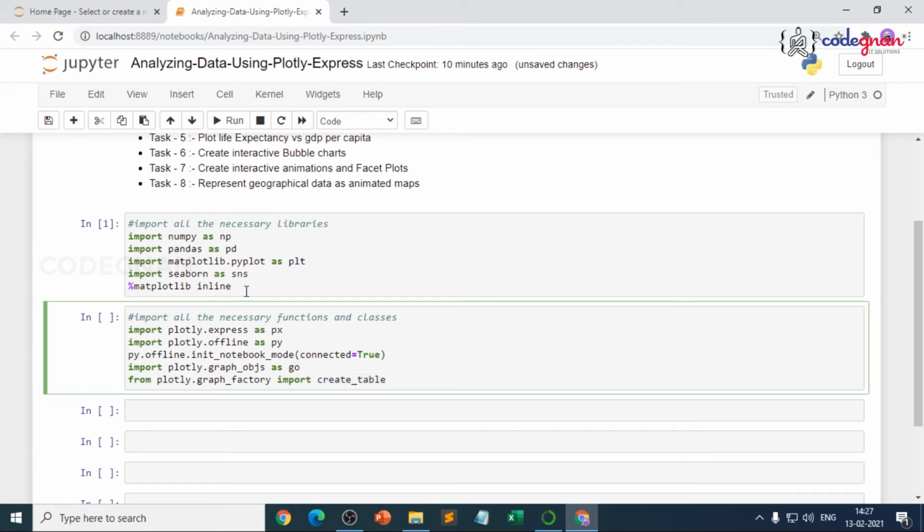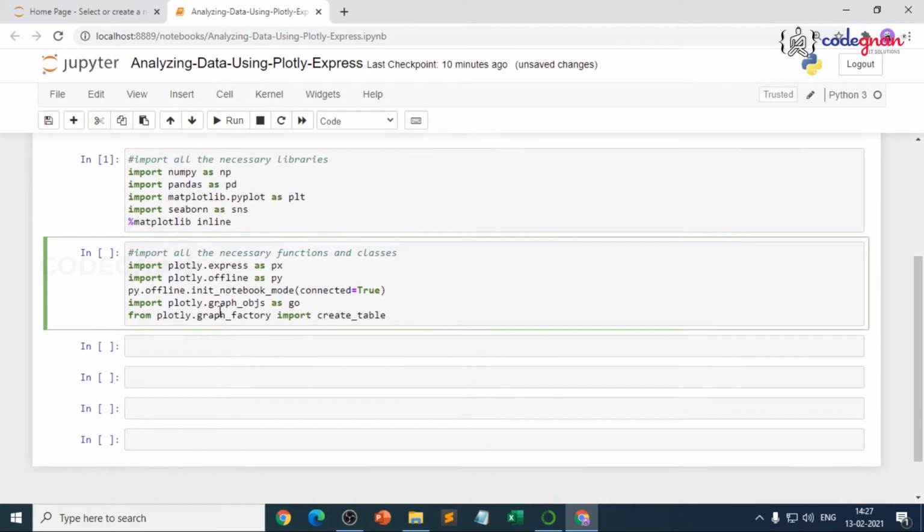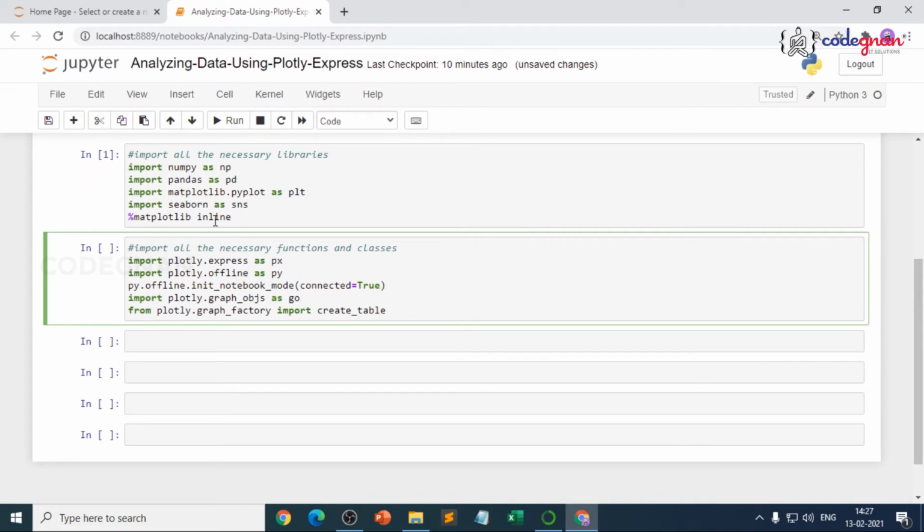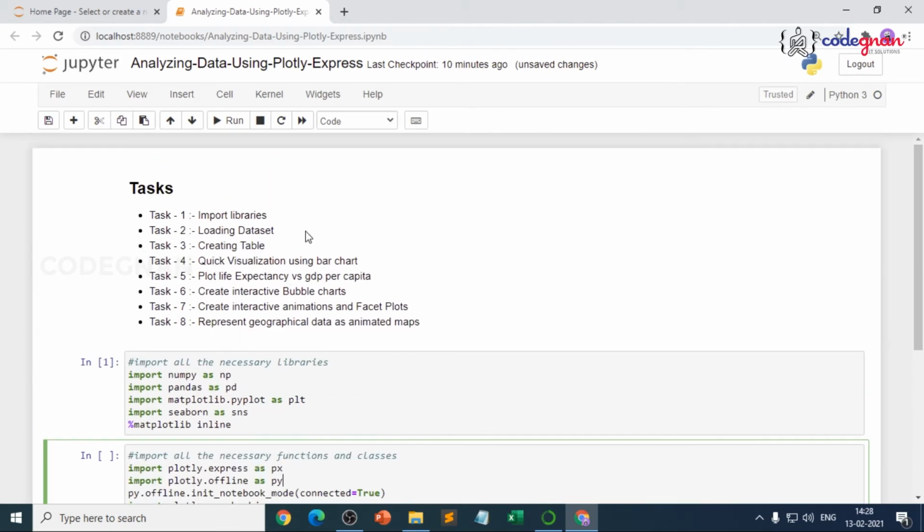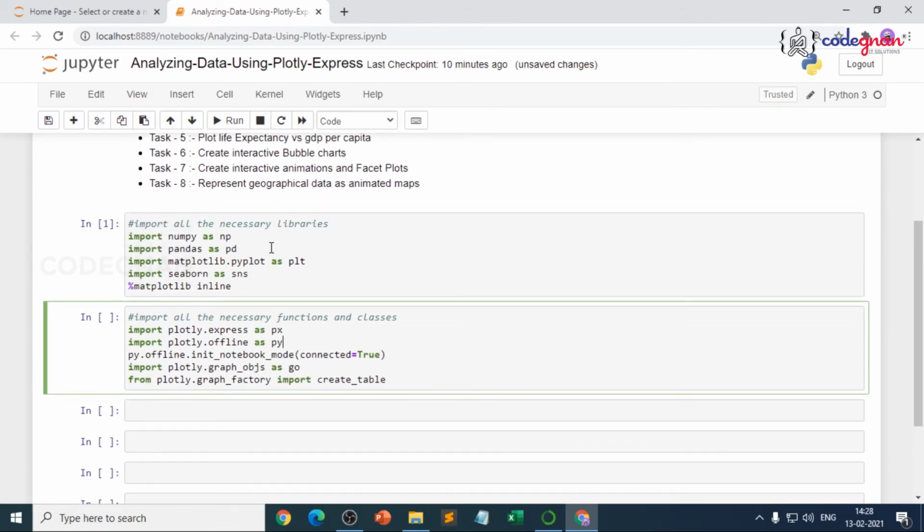Okay. So we are going to require all these packages to do this data analysis using plotly express. We'll be using plotly express now, and you'll see all kinds of graphs and how you're going to visualize your data. You'll make interactive graphs in the future classes.